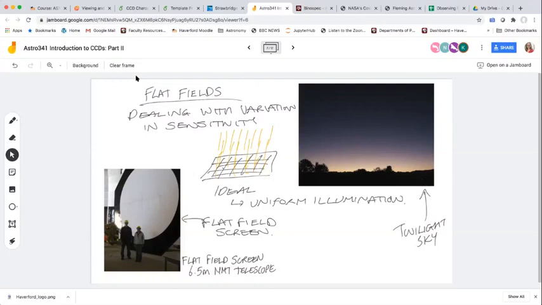And there are different reasons you'd pick different ones. Paul reminded me that the twilight sky is very blue, whereas artificial lights tend to be much redder. Not so much these days with LEDs, but particularly when we were talking about filament lights, they were much redder. So if you're doing sensitive stuff in the red part of the spectrum, a dome flat might be the best choice. Whereas if you were doing blue imaging of some kind, you might really want your sky flat